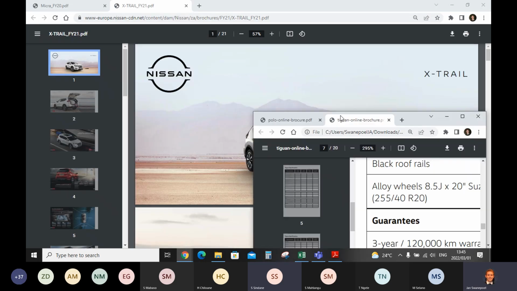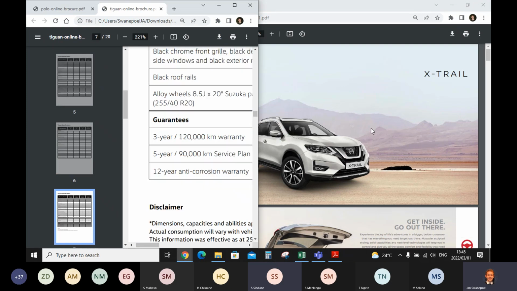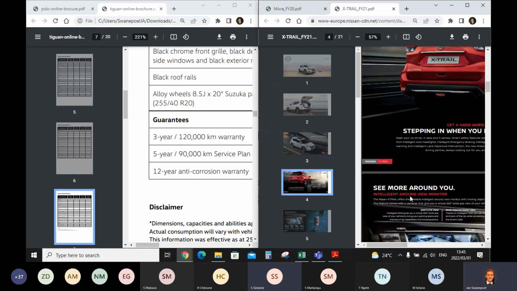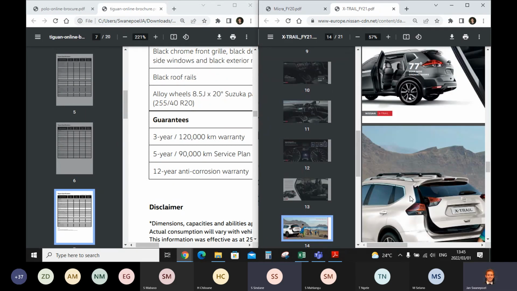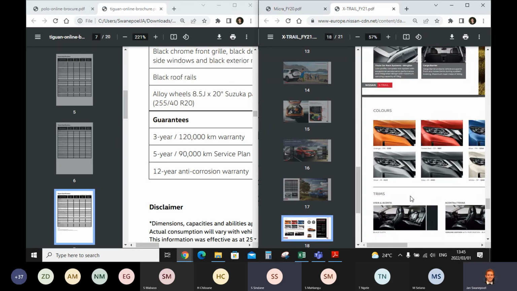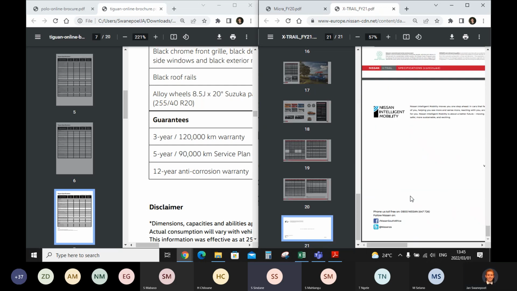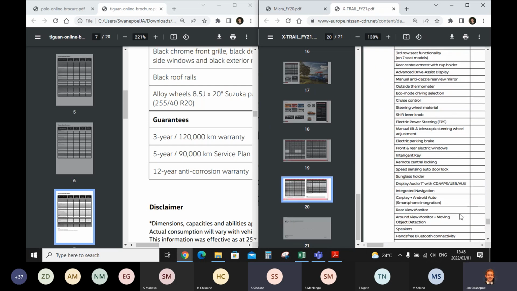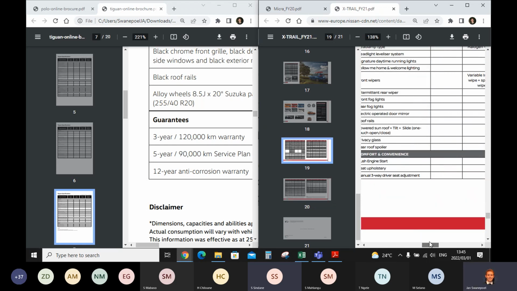Now I want to compare these two for you. So there's this one's guarantees, 3 years, 120,000 kilometers. Let's look at the X-Trail. All right, okay, guys, please note I'm not promoting any brands. This is just a comparison. I can tell you which one I bought, but I can't tell you which one is the better one. Let me just zoom in here. All right, so here,